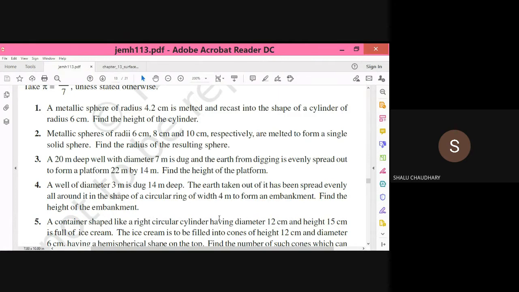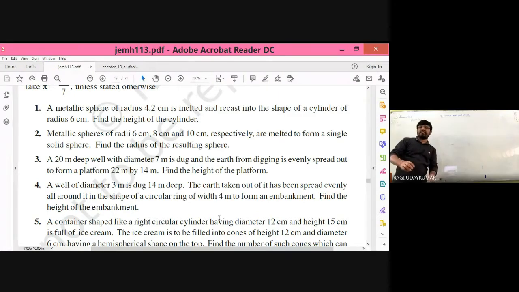Find the radius of the resulting sphere. So three different spheres are 6, 8, 10. So you are going to get the radius of the resulting sphere, r cube, equal to 6 cube